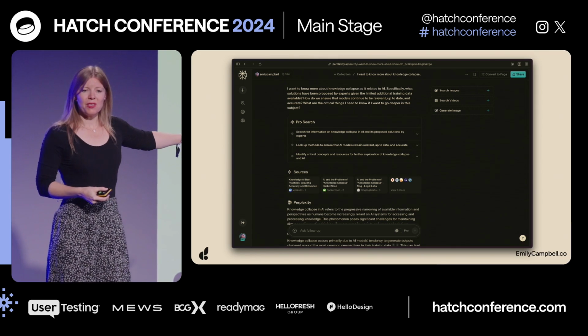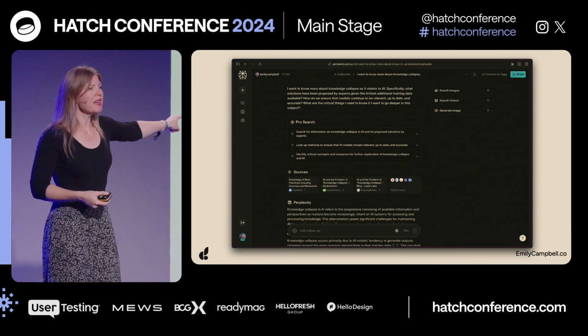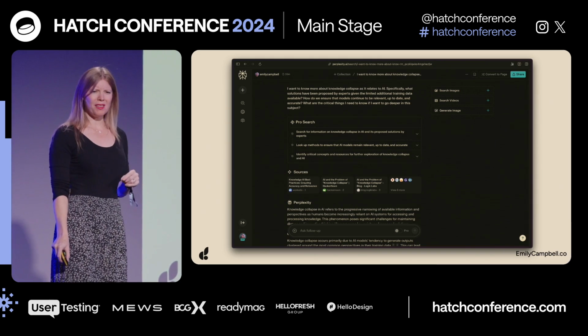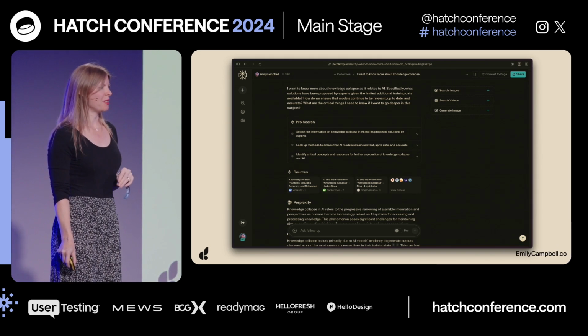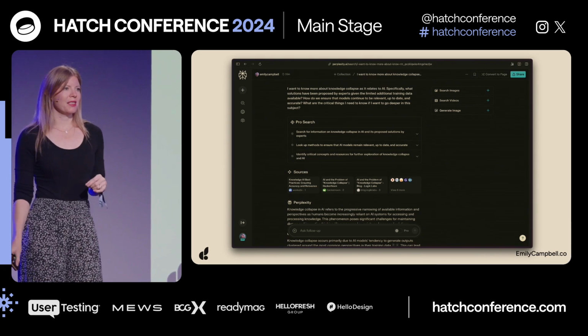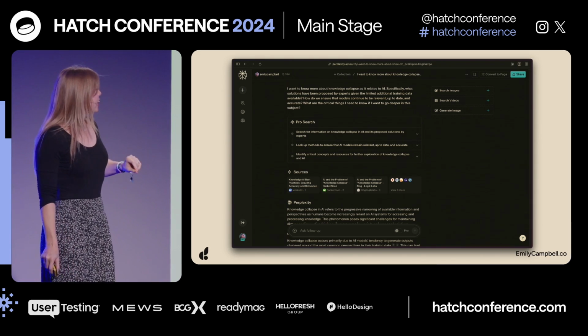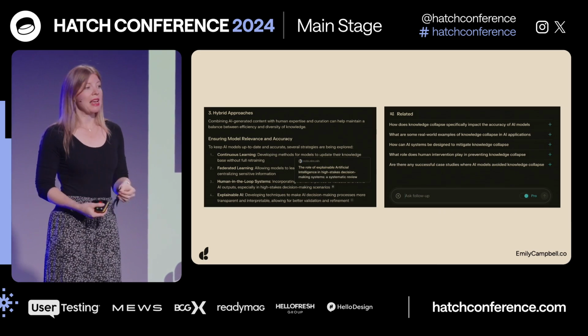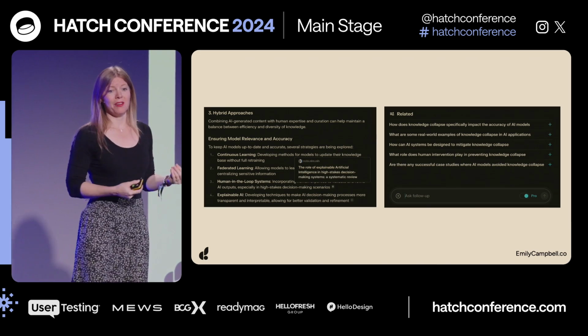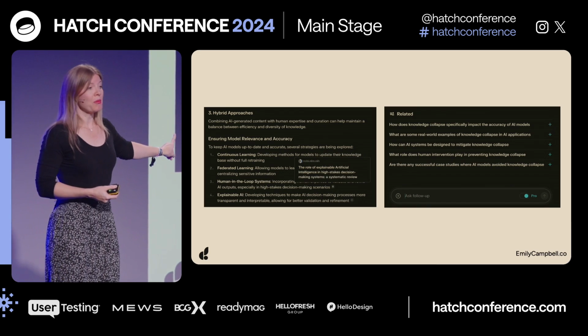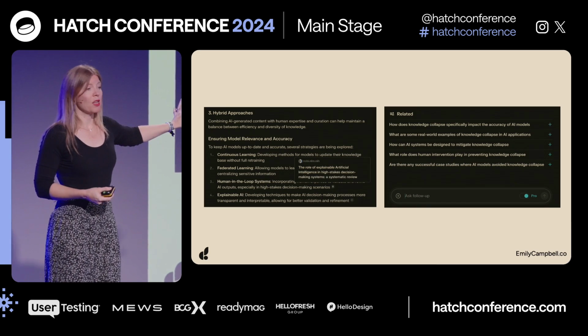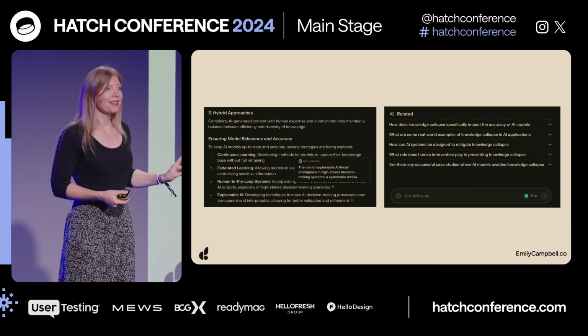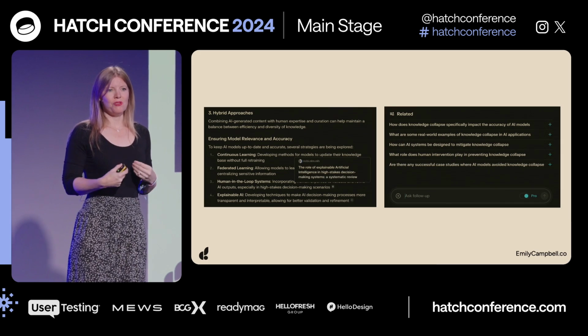It shows me the sources. It shows its work. I can go to that source and I can say, do I trust this source? Maybe I don't want you to reference this anymore. Maybe I want you to go here instead. And of course, it gives me suggestions for where I might go next, and it lets me continue to interact with it. This is a completely different way of interacting with information. It's not perfect. It's biased. Some of the sources might be wrong, but it puts me, the user, in the driver's seat.